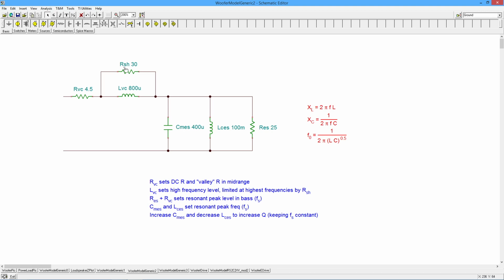Now this extra R value, RSH, is there to set an upper limit on how big the X sub L value can go to. And it's essentially modeling what's happening with the eddy current losses in the magnet. And this may work for you. The same set of things is going on here. The only thing is you can manipulate that terminating value by setting an appropriate value of RSH. What I have to warn you about is if you get a little too